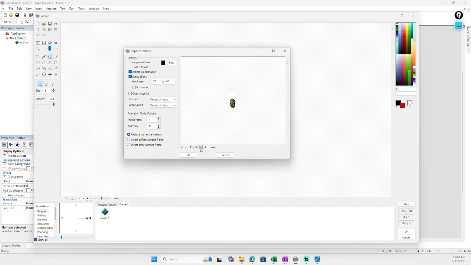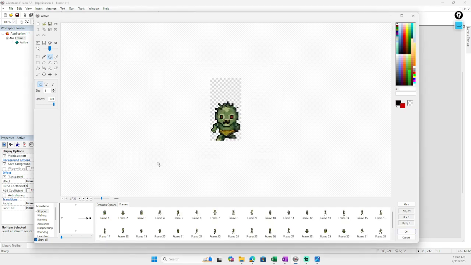You can mess with hotspot and action point if you want, and that will change the hotspot and action point on your sprite, which you need to know the difference. That's a completely different video on their uses. But for now, this is what I got, just a center of mass setup. Okay, so you'll notice that we have a bunch of